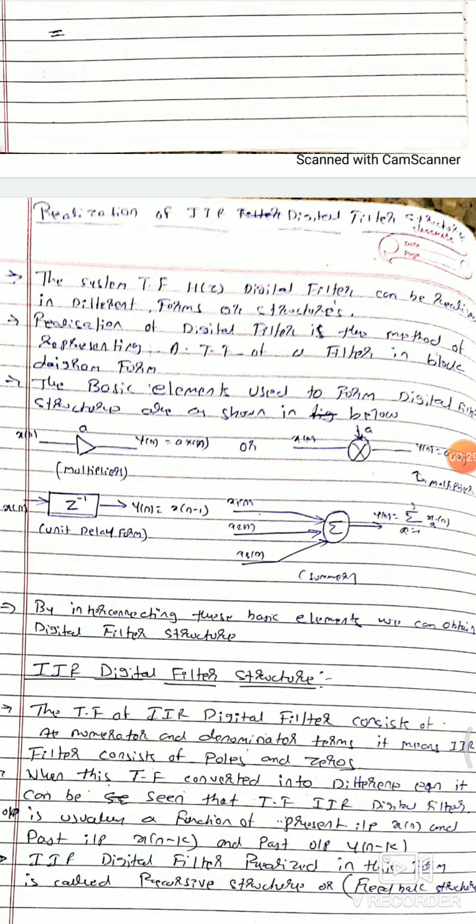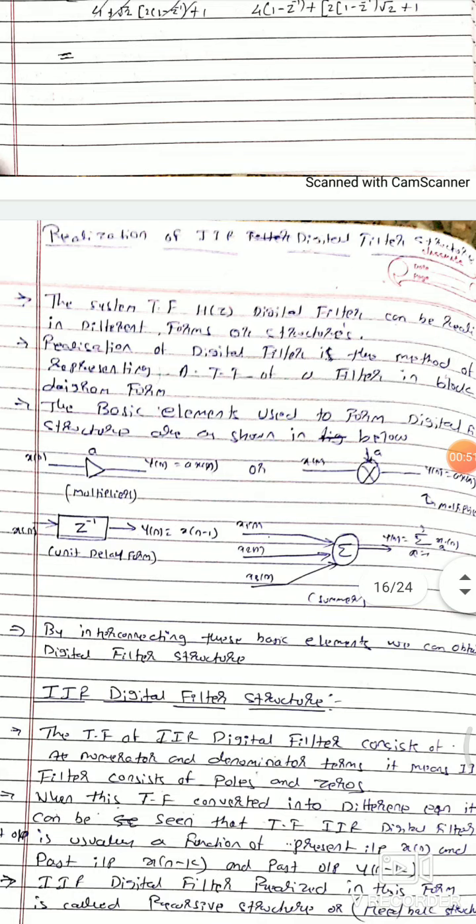To realize this, we know these realization methods we have studied in the last semester, signals and systems, right? So two methods we have studied: direct form 1, direct form 2, right? So we'll see some more methods here with this direct form 1 and 2. We'll see some more realization methods.